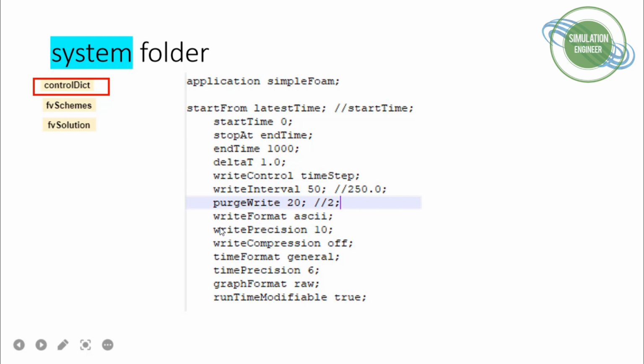And I'm using an ASCII format as a standard practice. Write precision is about 10, and the rest of the parameters are really default. So we will move over to the